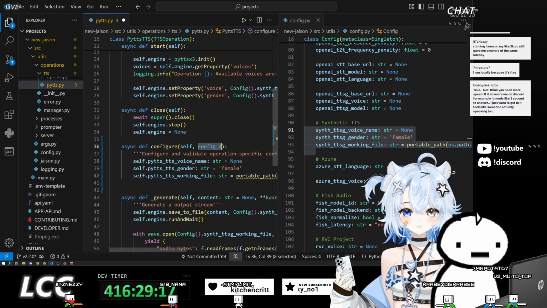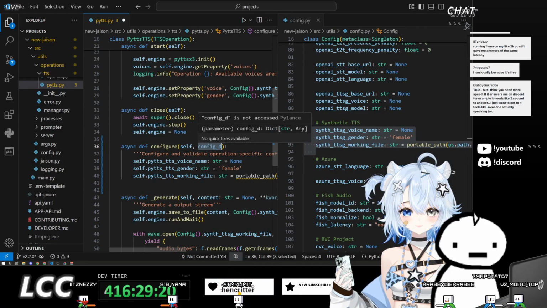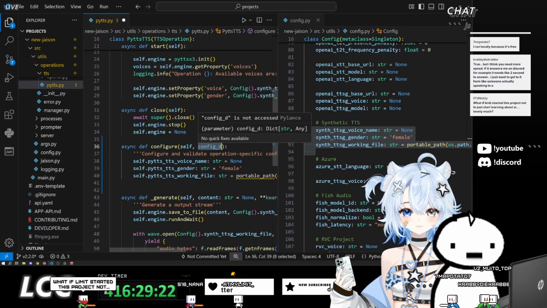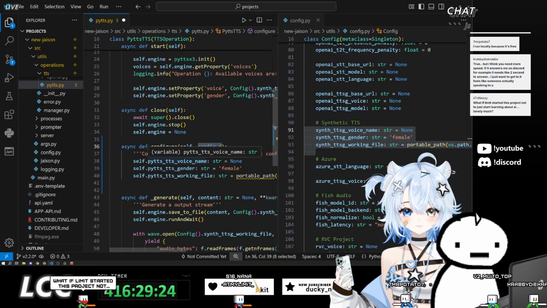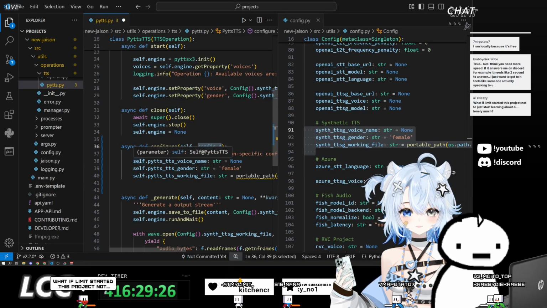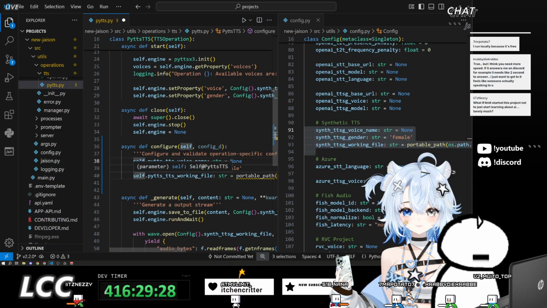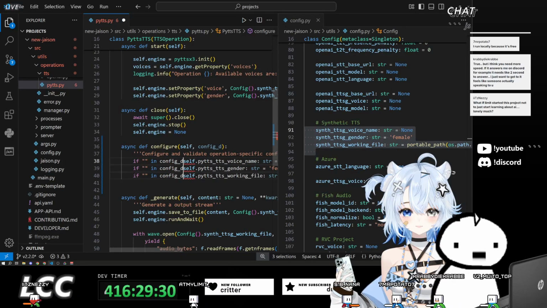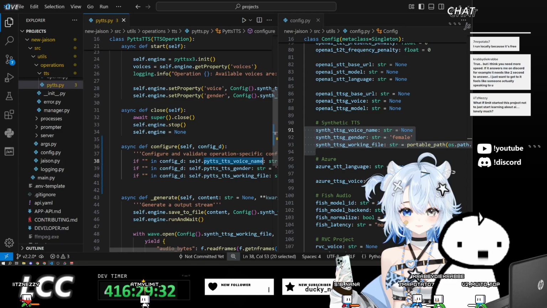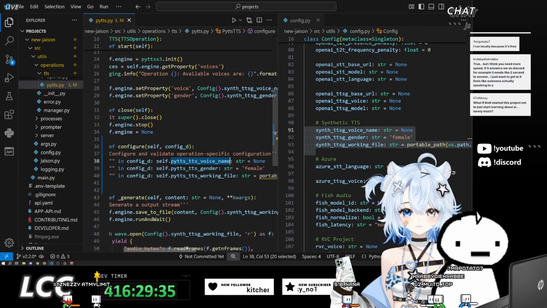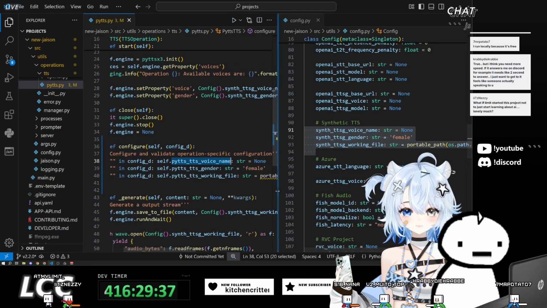We don't want to override it if it's not specified in configuration D, so we don't want to set it to null or something. We only change it if it is already specified in configuration D. So if the name is inside of configuration D, then we set the actual configuration of this operation to use that value.